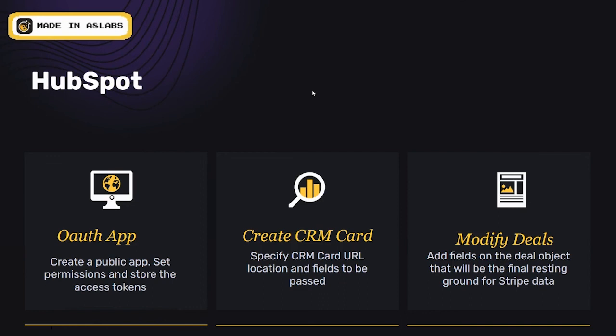Next is modifying deals. For this app, we modify the deal object, and we're going to dynamically add a new field called Stripe Subscription ID. And we're doing this to show a few things. One, you can modify standard objects for the most part however you need. Two, you can modify them dynamically. You do not have to do this through the HubSpot UI. So what we do here in our app is modify the deal object upon install.